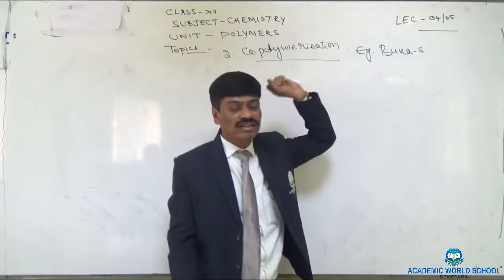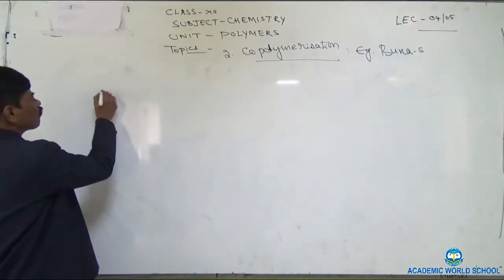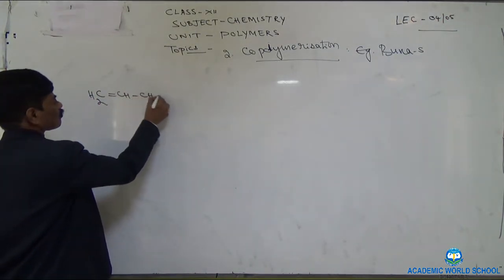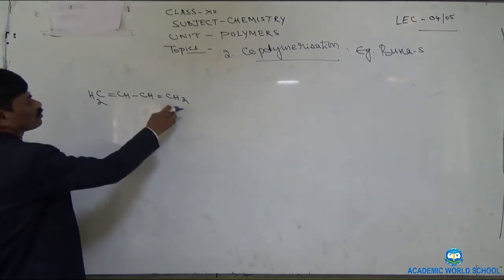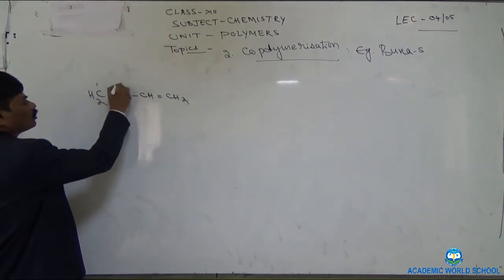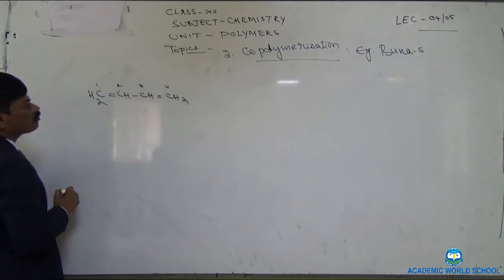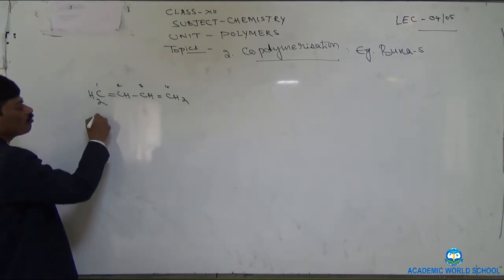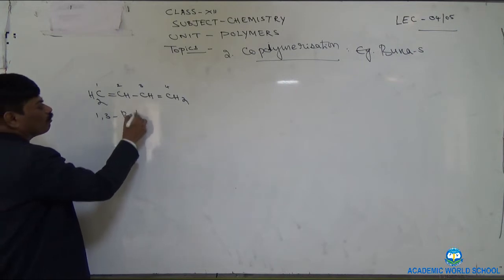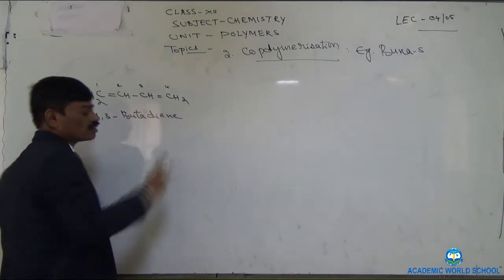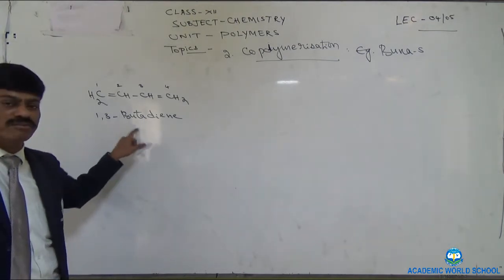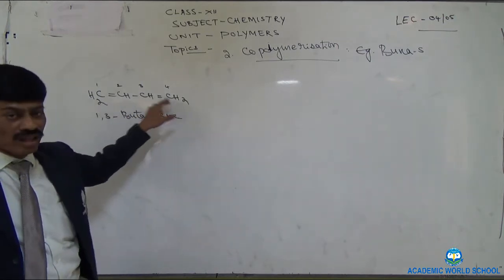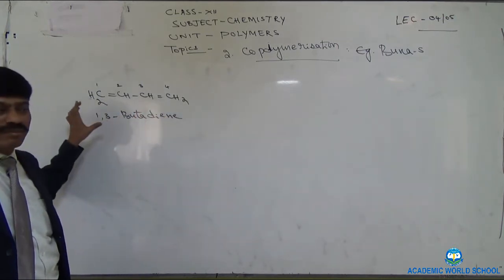If you take Buna-S, then the two different monomers are, first one, 1,3-butadiene. 1, 2, 3, 4. When numbers are given in this way, after the first and third carbon atom, we have two double bonds, and it is derived from butane. Therefore, 1,3-butadiene. Children, you should know where comma and hyphen should be kept, as and when you are going to show the numbers representing double bonds or unsaturated property in the main reactant.